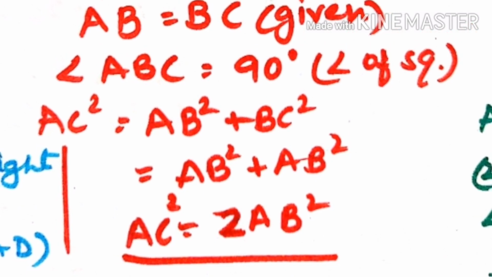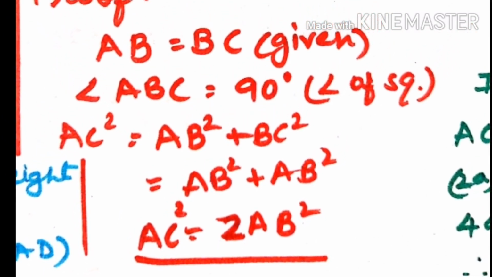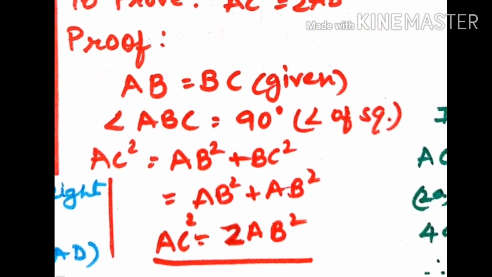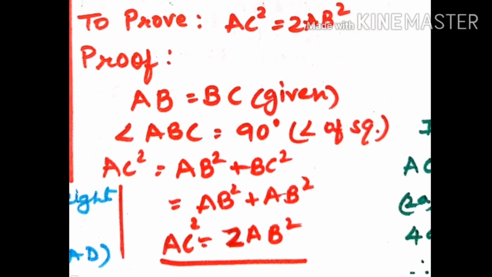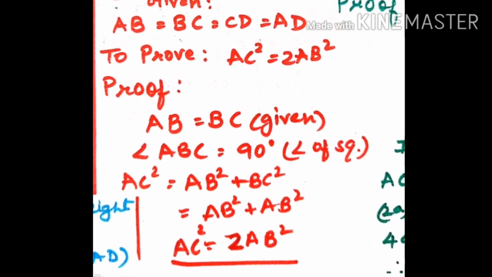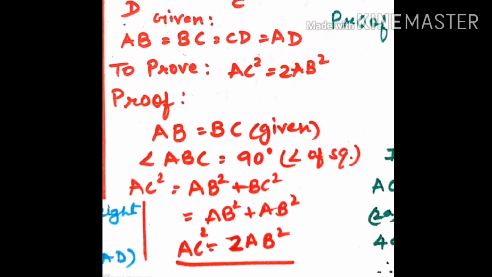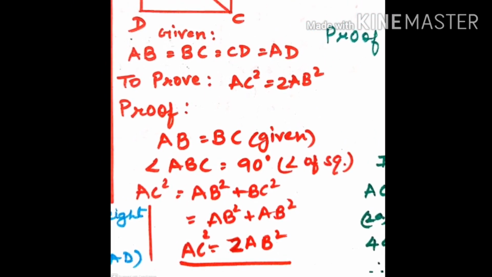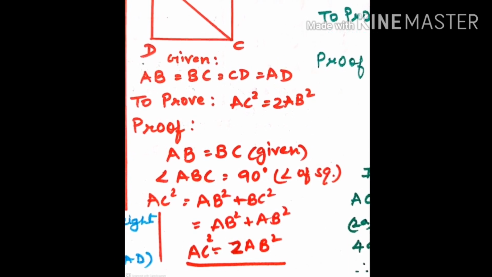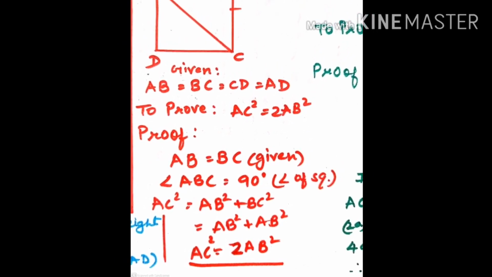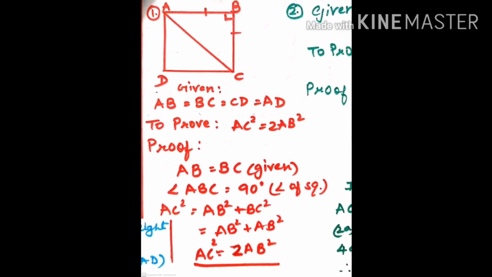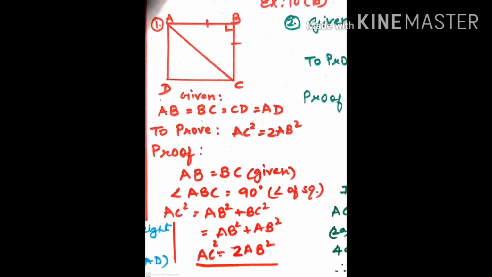Now let's move on to question number 2. Question number 2: AB is equal to BC is equal to CA. The three sides of the triangle are 2a, and segment AD is perpendicular to side BC. Show that first, AD is equal to a root 3, and second, the area of triangle ABC is equal to a square root 3. So this is our question number 2. Let's see the figure first.